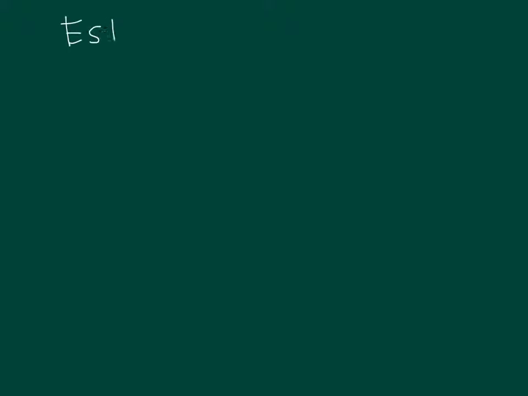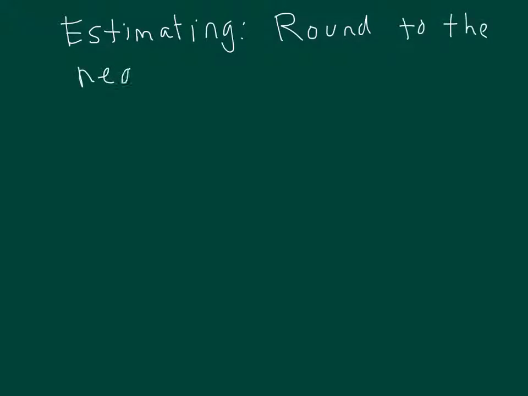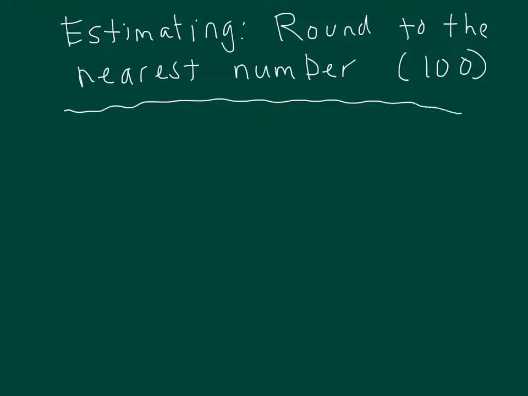So our topic again is estimating, and we're going to round to the nearest number. And we'll start off with to the closest 100, and I'm going to show you two ways that that's done. Okay? So let's start off with a number like